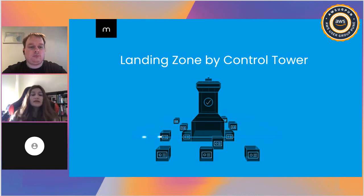Let's see now the landing zone that is managed by Control Tower. I want to show you something, because there is probably some confusion. What is Control Tower? What is a landing zone? Probably sometimes people think that they are the same. Control Tower is just a managed service by AWS that gives you the possibility to spin up and create a full